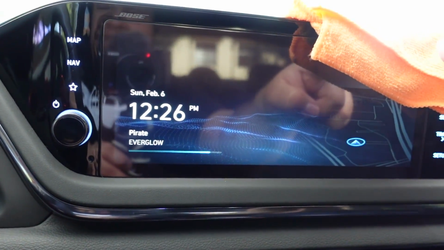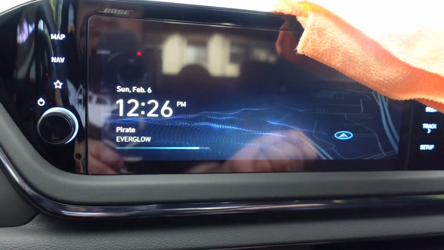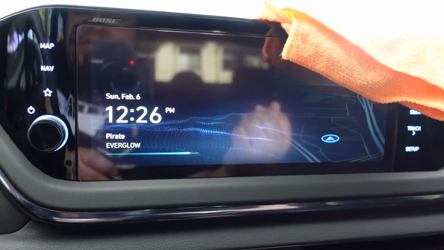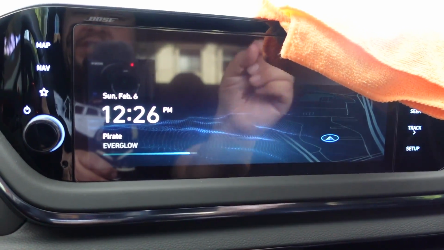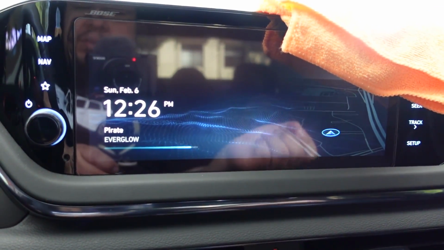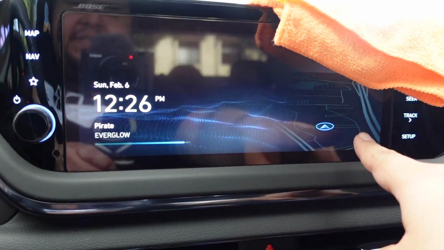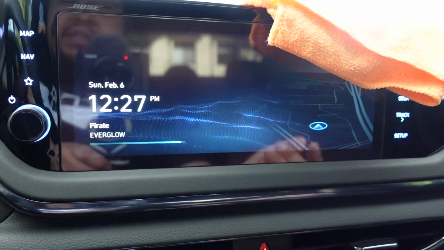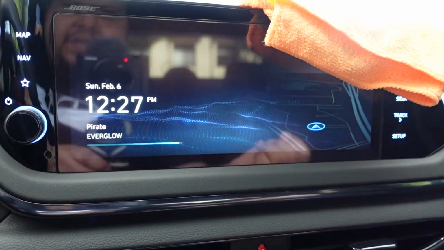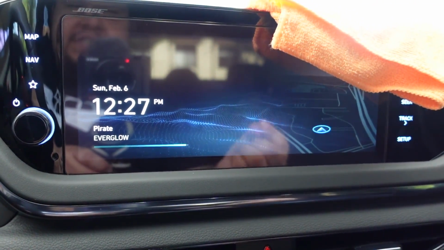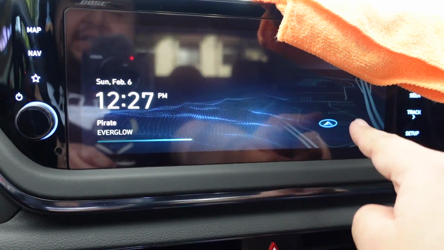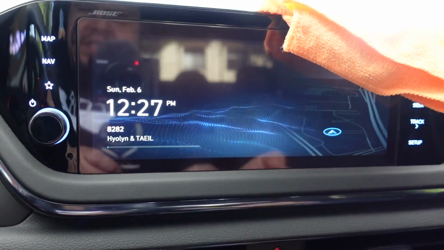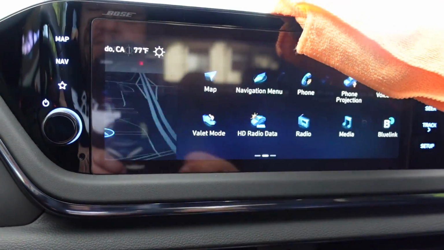And I'm covering it up, but here in the corner now, along with the actual temperature outside, the weather, it will actually also show you the current location. The third, which I will show you, is that, as you can see, this map right here is actually functional. When you drive around, it'll actually move. And if you set up navigation, it'll also kind of be there. But they've changed something where you can actually change this particular icon that represents the vehicle. So again, I'm only covering this up because I don't want to show you guys my physical address, but that's